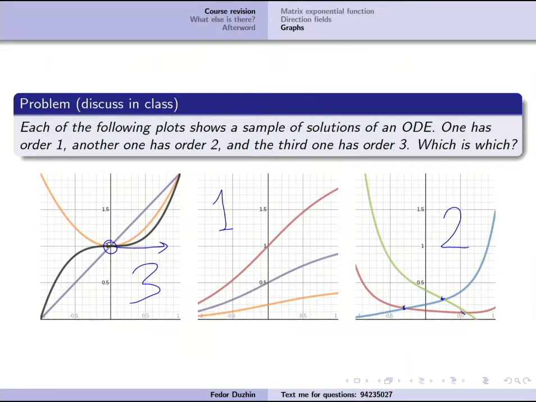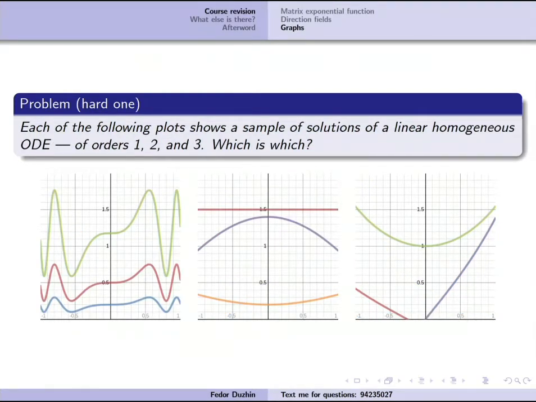So solutions of differential equations of order 1 cannot intersect. Solutions of differential equations of order 2 cannot touch. Wow, that's a hard one. But this one I will not tell. So try to figure it out at home and post your